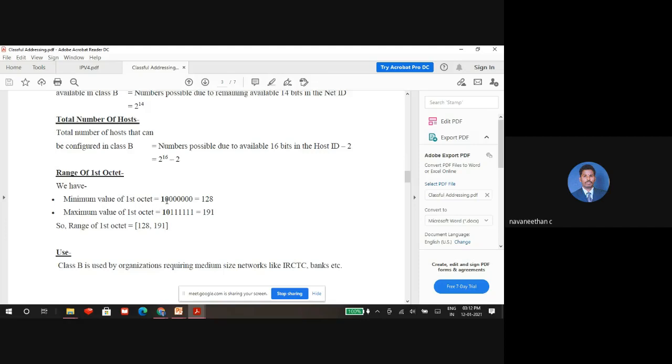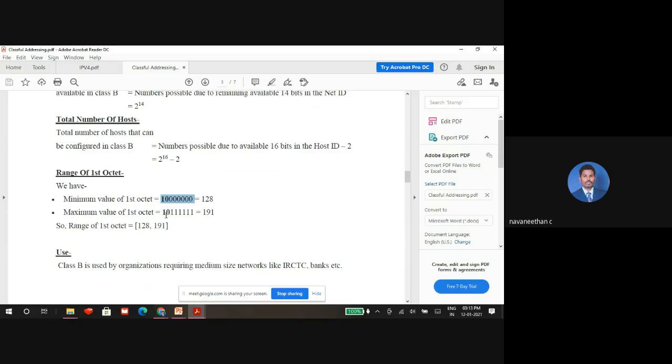Okay. 1, 0. Clear, students, it is 1, 0, right? That means the second bit is 0. Second bit is 0 means that it is a class B address. So what could be its value? Basically, just calculate the 8-4-2 combination. Its value will be 128. So it is 128. Okay. So this is the minimum value.